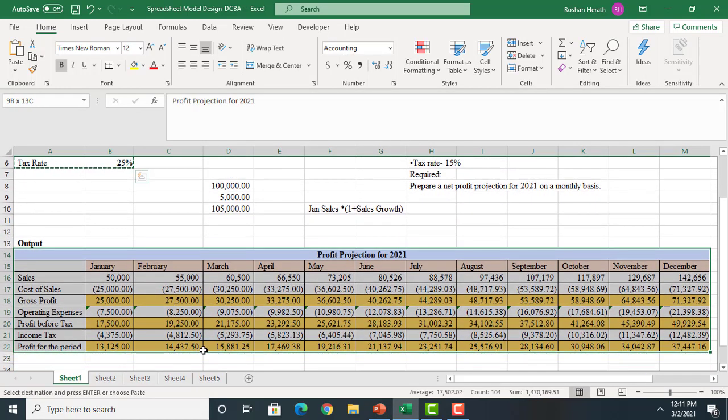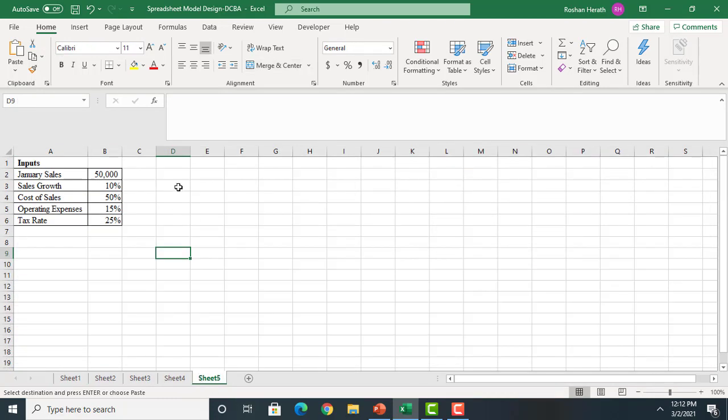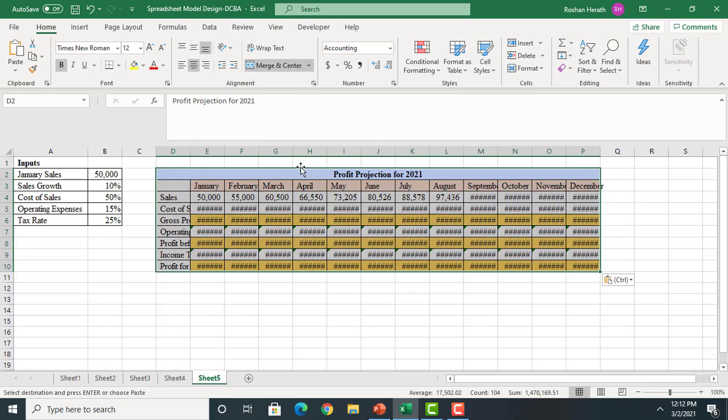So let me copy this output area as well. Output area එකත් මම copy කරගන්නවා. So you can put them, you can see,